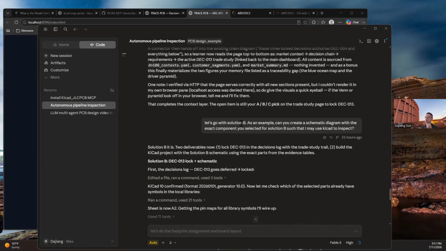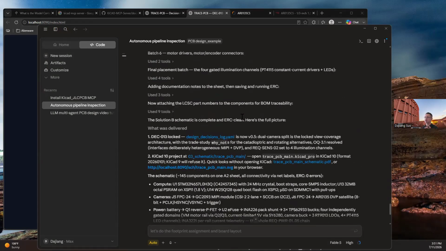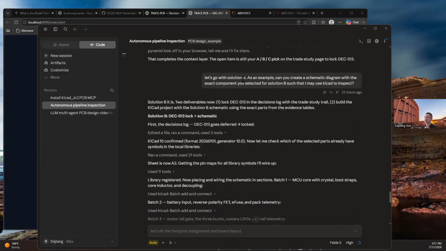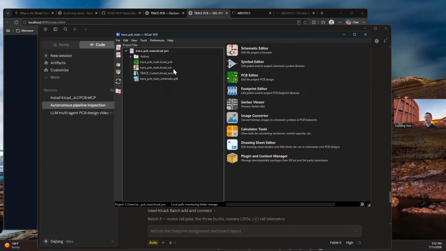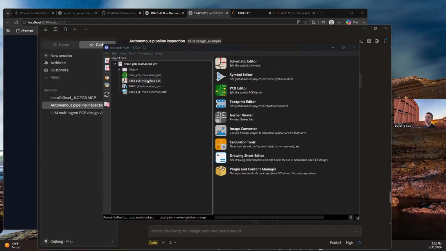And I also tell the AI agent, as an example, can you actually create a schematic diagram with the exact components you selected for solution B, such that I can use KiCad to inspect. So after a couple of iterations, it turns out that Claude actually created this schematic diagram automatically for me to check within KiCad. Let me actually show you how it looks. So this is, as I said, I'm actually using KiCad, one of the open source tools for PCB design, right? So this is a project created by Claude. I didn't do anything. And if we check what's within the schematic diagram,